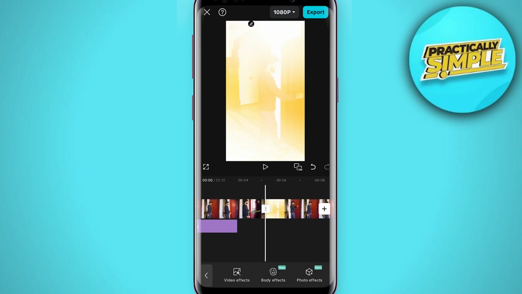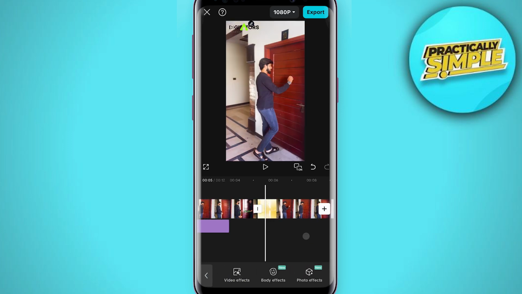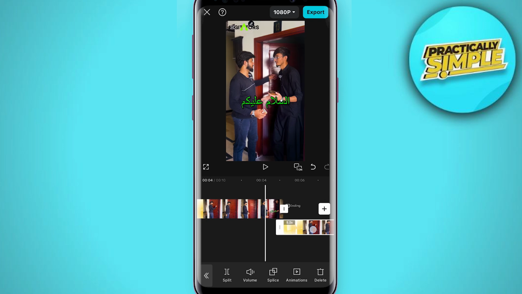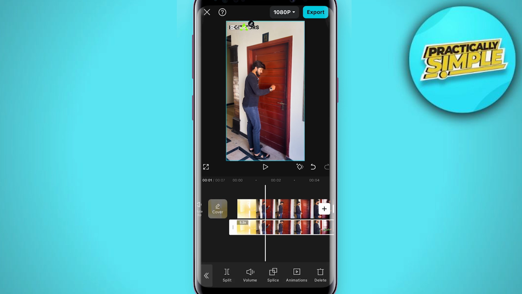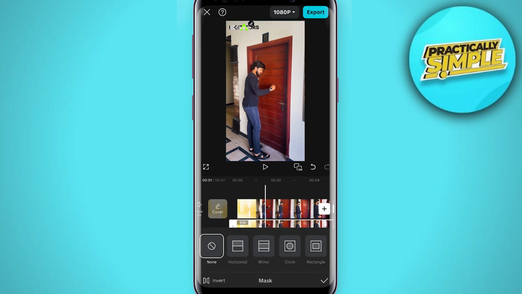Tap on it. When you select it, you have to tap on this second video, and then you have to choose the option overlay from these options like this, and then add the second video below the first one like this. Select the second video and find the mask button here, and you have a couple of different mask shapes